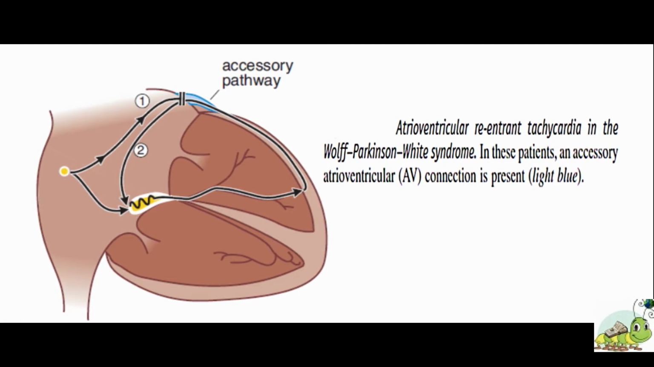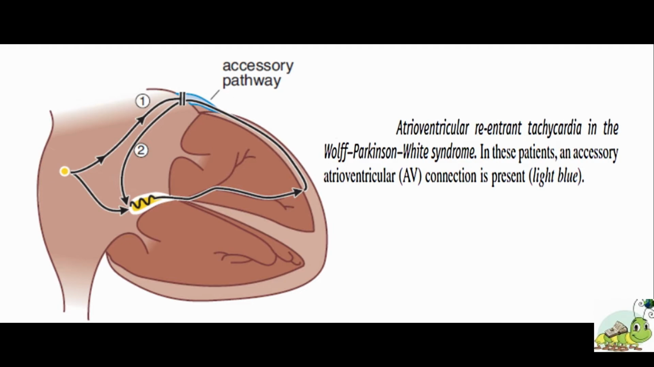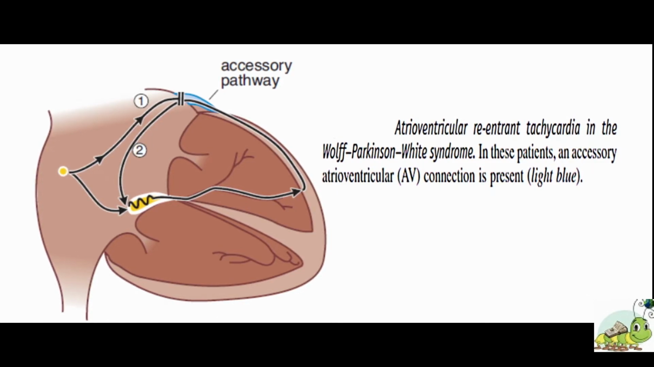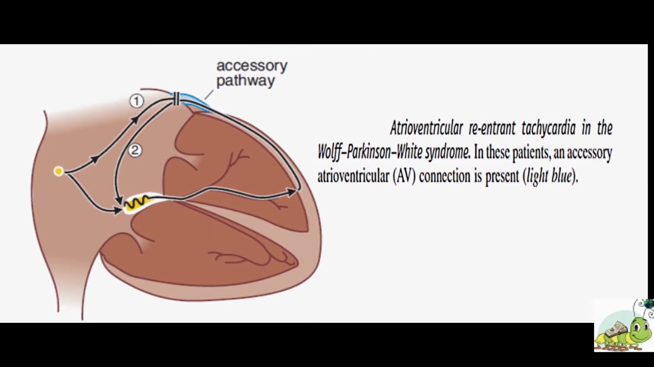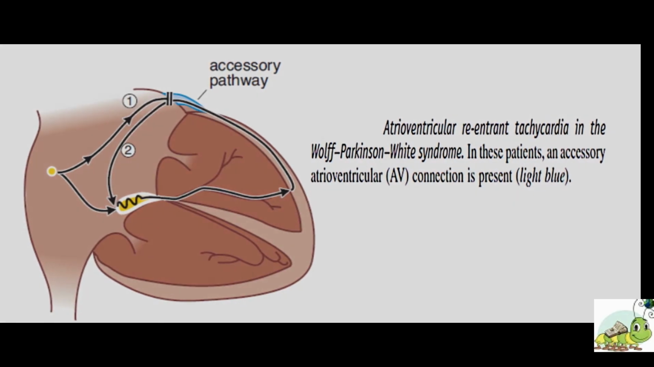Paroxysmal supraventricular tachycardia is sudden onset episodes of atrial tachycardia, that is, a rate of 150 to 200 per minute, with 1:1 atrioventricular conduction. It is mostly due to circus movement type of re-entry occurring within or around the AV node or using an accessory pathway between atria and ventricle. That is called Wolff-Parkinson-White syndrome or